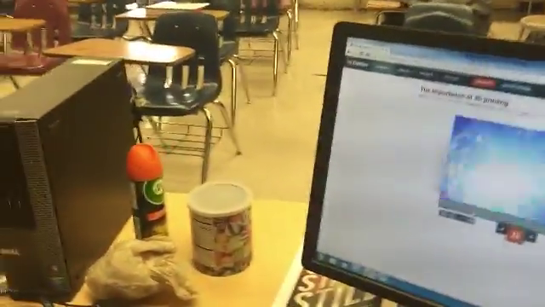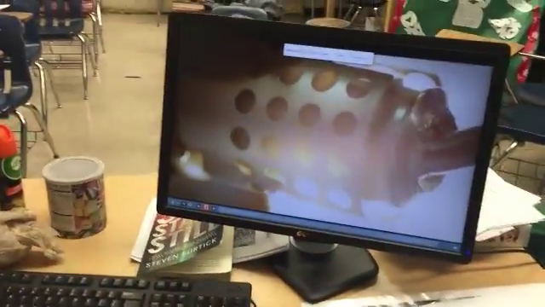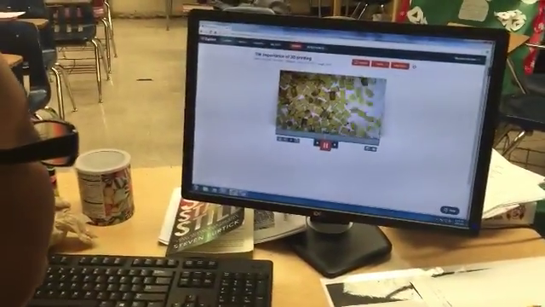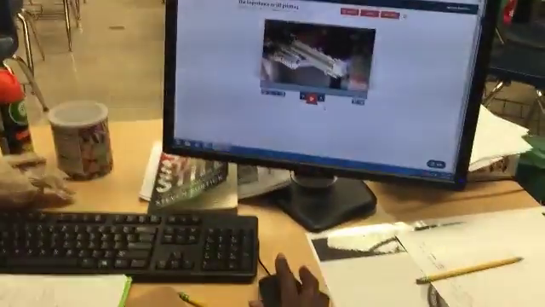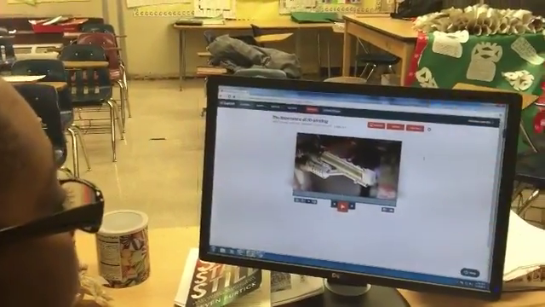Now you can make your screen bigger if you wanted to, or you can minimize it. We're gonna minimize it. Now I want you to go ahead and pause this. Now, say you already have everything inside that you wanted to and you want to present to your class. Hit the present button